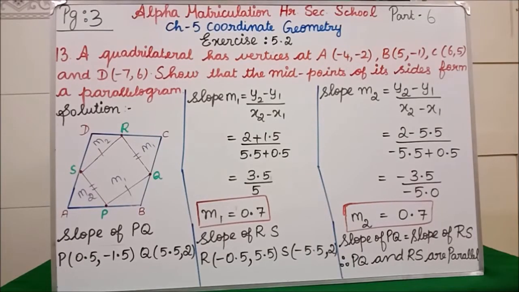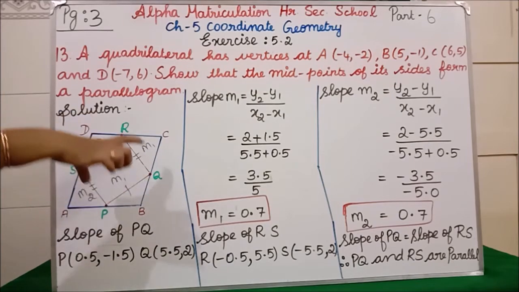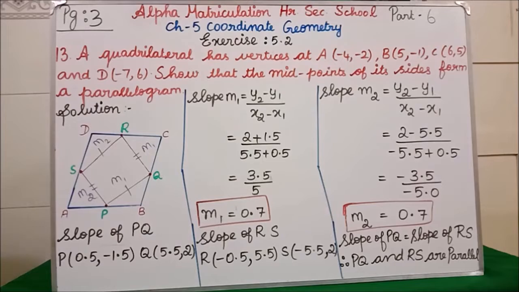Now in the 13th problem, this is page number 3. Now we are going to show that PQRS is a parallelogram. For that, we are going to find the slope of PQ, which we take as M1, and it should be equal to the slope of SR. Clear? So if slope M1 is equal to slope M2, then obviously these two lines are parallel. According to the parallel condition, M1 is equal to M2. Isn't it? Then the next two sides: slope of QR is equal to slope of PS, we have to get.